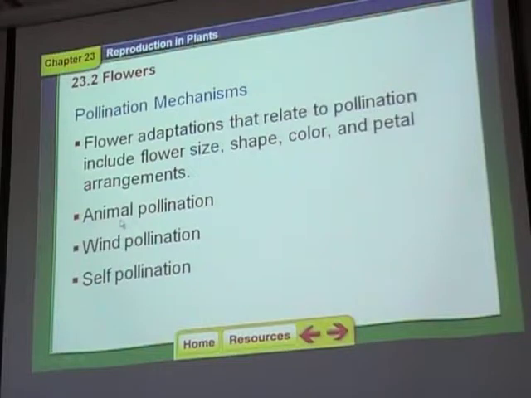There can be moths, birds, like a hummingbird is a pollinator for some flowers. There can be bat pollinated flowers, and the wind can blow pollen around just like it does in conifers. All grasses are flowering plants, but the wind distributes the pollen instead of